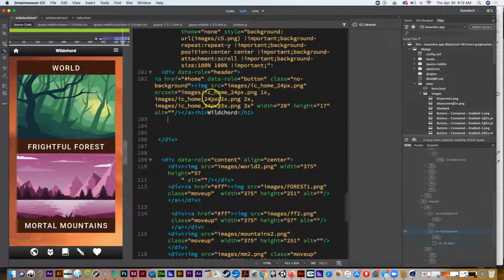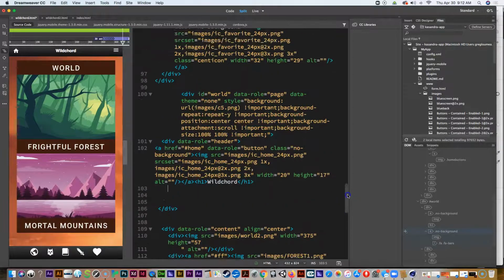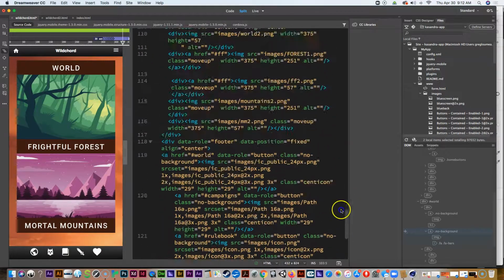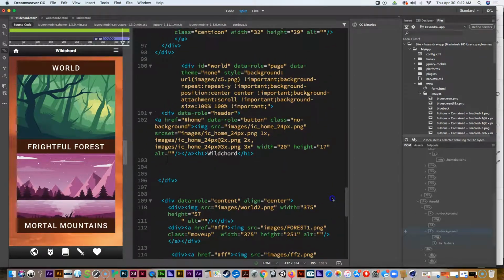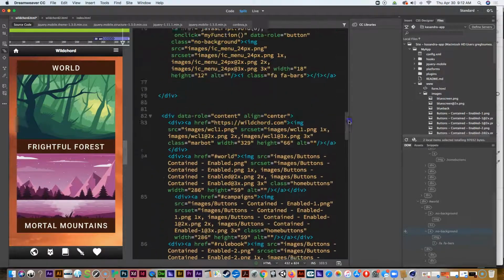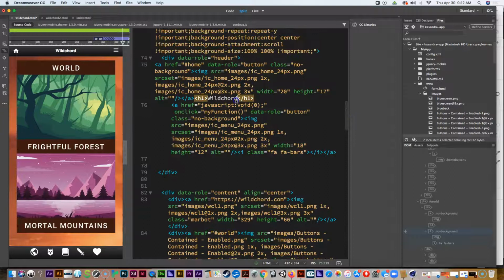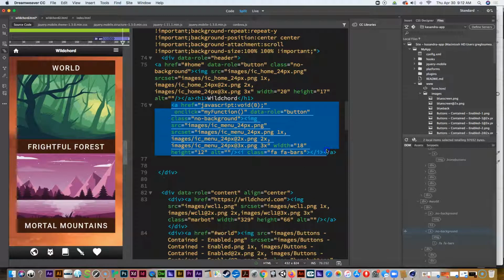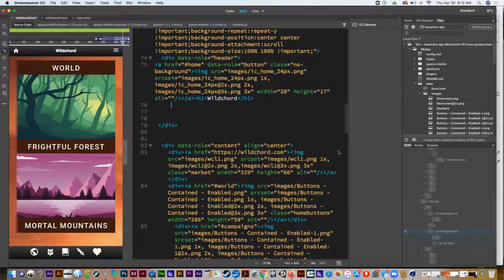So now we can just look for this wildcard text again. Let's see. No, actually, that was probably on the second page. This was probably on the world page. So then we can go up, look for the wildcard text again right there, and then around line 76, get rid of all of this junk here. Okay, so